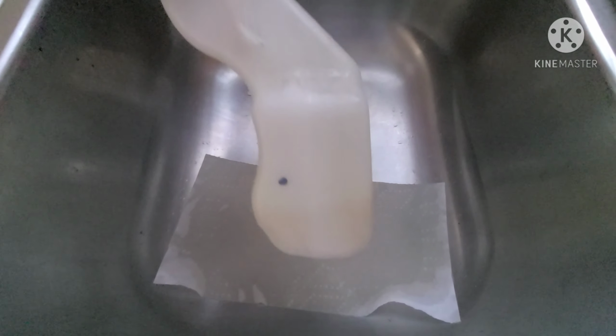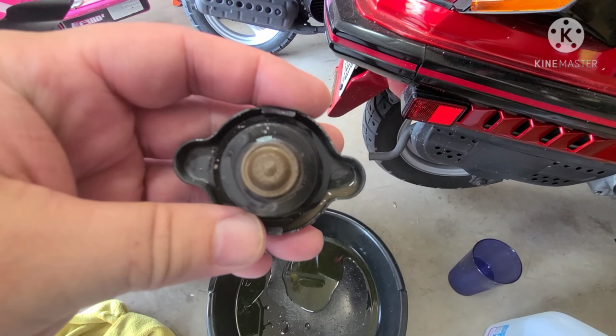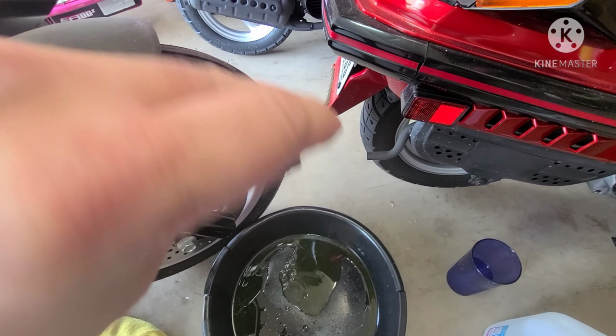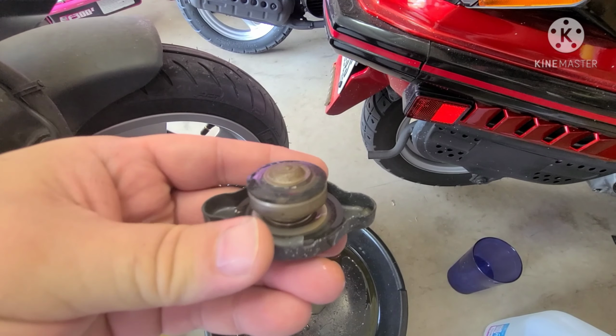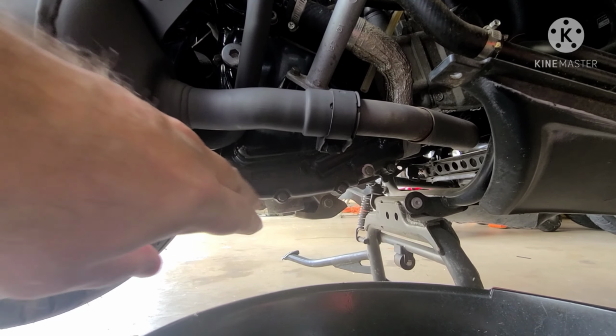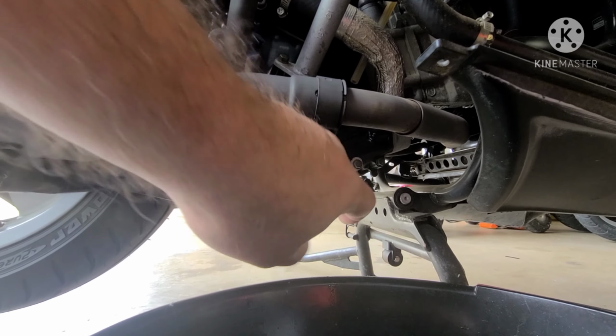Just takes a bit of time and patience. All right, the evacuation of the nastiness has begun, or old coolant, as we see here. So we'll clean this radiator cap out real good. You can see beyond it in the hose. It's brown and nasty. We're going to put that cap gently on the top, though, where it came from, while